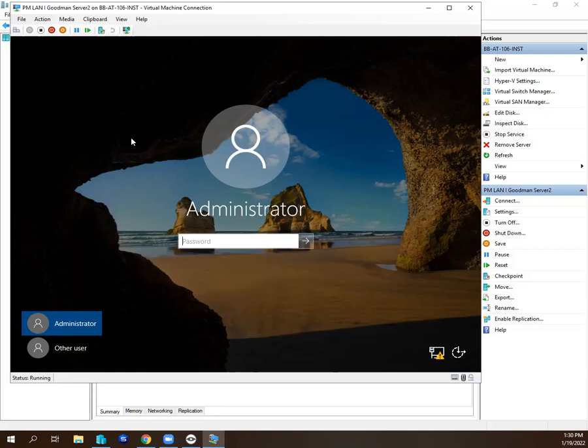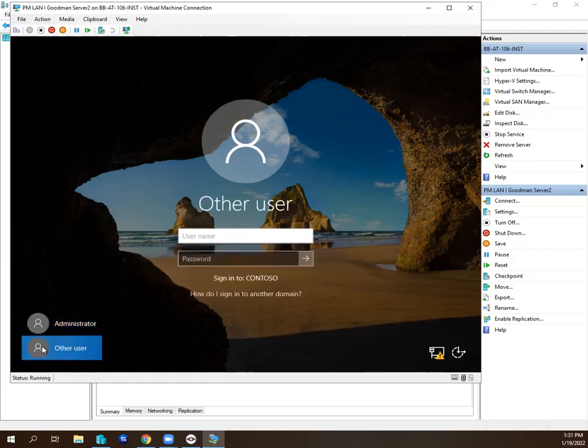Now, if you booted up and you got to this point and you type pass 1, 2, 3, 4, you still logged into the local server 2, not into Contoso. So you don't have credentials to do any type of promotion or any type of administration task inside of the domain. You'd have to click other user. Yours may have just come up to other user. The last class, everybody's came up to other user and it didn't have administrator. Not real sure what that was about, but